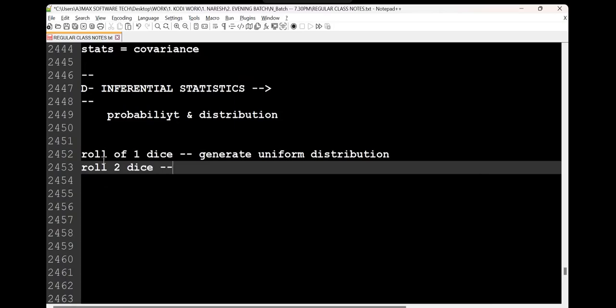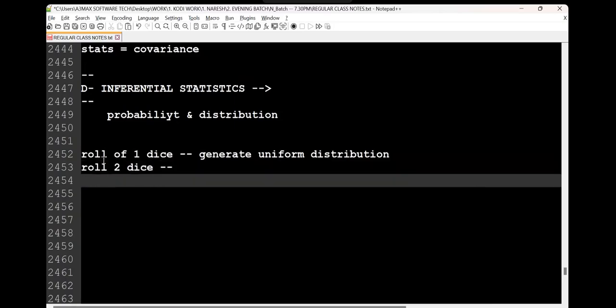Okay. Now can you tell me what is the probability of getting an output of 1? Two dice have how many sides? 12 sides. Okay, think. Now answer my question, the 7:30 p.m. batch. So let's see the responses from the online team. When you roll two dice, what is the probability of getting 1?